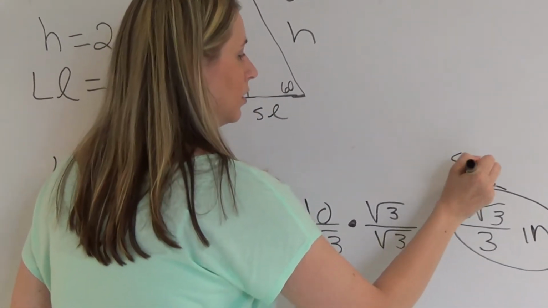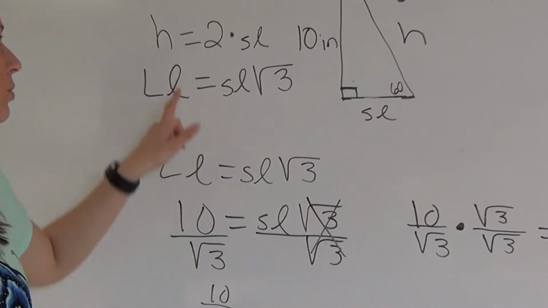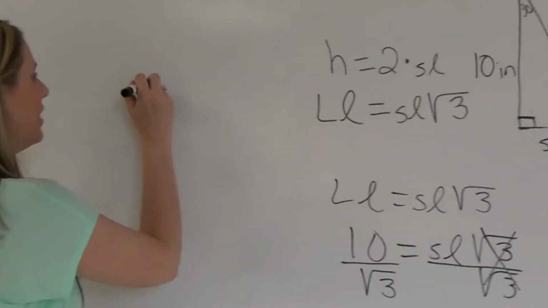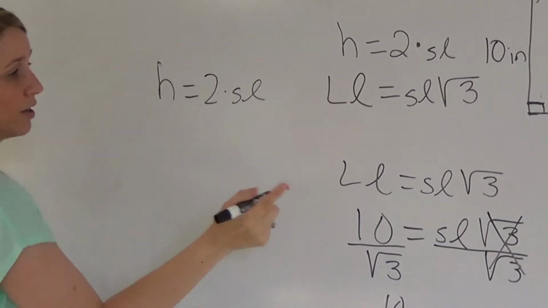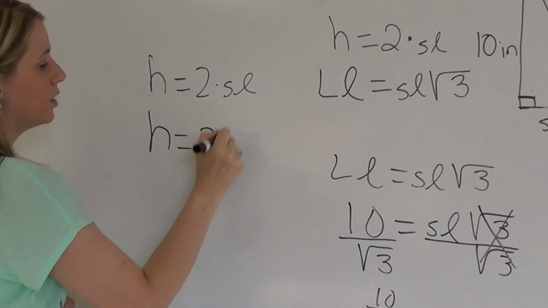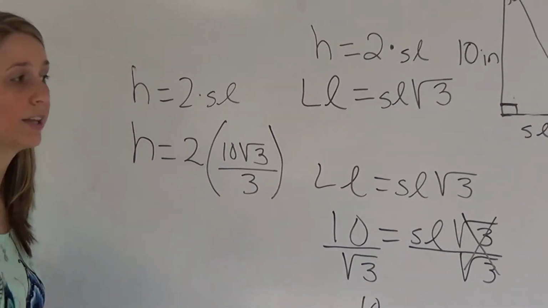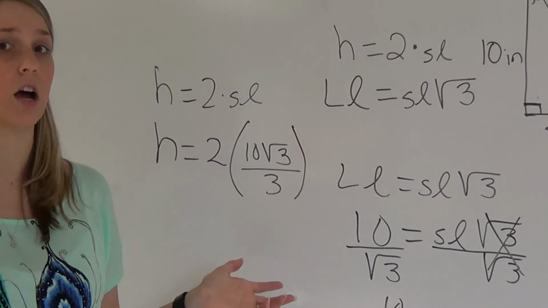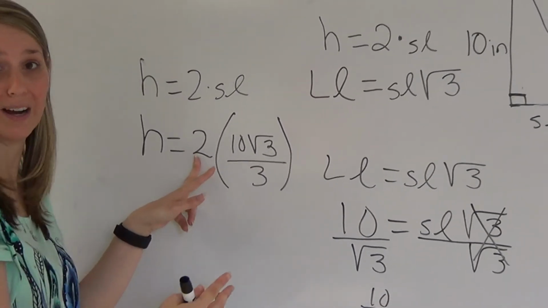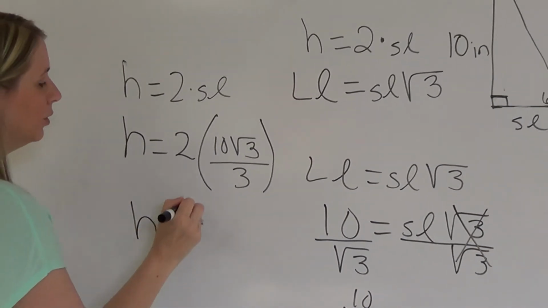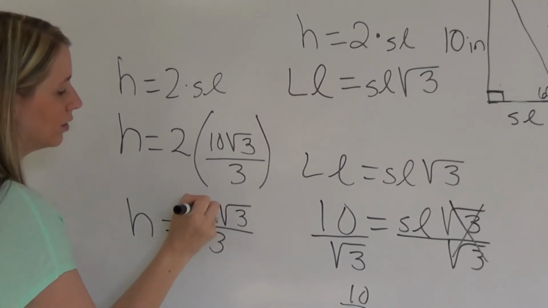And that is what our shorter leg is. But we haven't found the hypotenuse, so we have to plug it into this formula now. So we get h is equal to 2 times the shorter leg. My shorter leg is that long thing over there. So we get 2 times 10 times the square root of 3 over 3. You're thinking that's probably a lot and it looks hard to multiply, but it's really not. All you have to do is multiply the 2 times the 10. You don't have to worry about the other stuff except for writing it down. So we get h is equal to 2 times 10 is 20 times the square root of 3 over 3